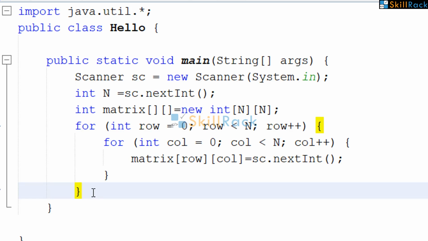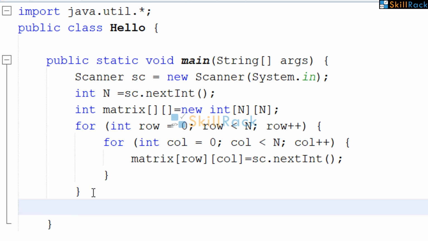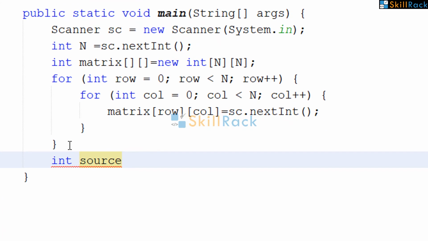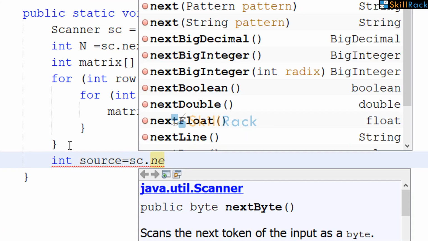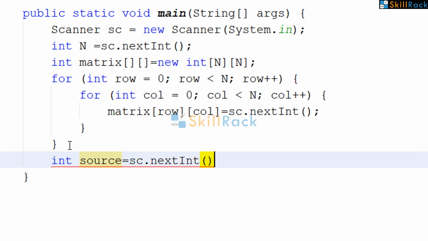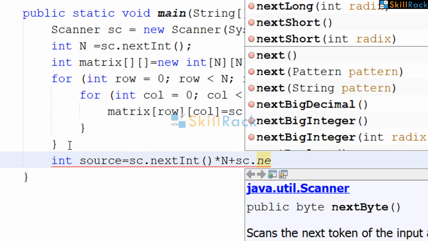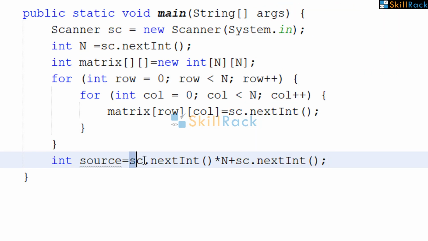So now we are going to accept the row index and column index of source and we are going to convert it to the representation we just now discussed. So now this scanner.nextInt will give you the row index and this will give the column index.